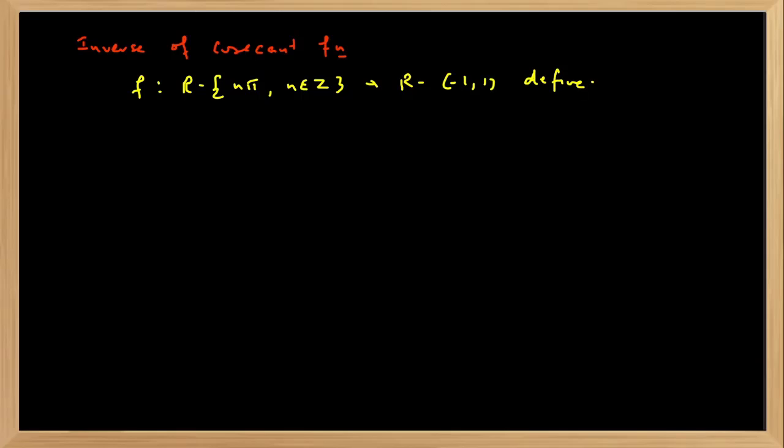Defined as f of x equal to cosec x is onto but not 1-1. It is onto because we took the codomain equal to the range. If we took R, it would not be onto either. So the range of cosec, and sec, is R minus the open interval (-1, 1), meaning cosec x is greater than or equal to 1 or less than or equal to -1. From the graph we'll discuss why it is not 1-1.